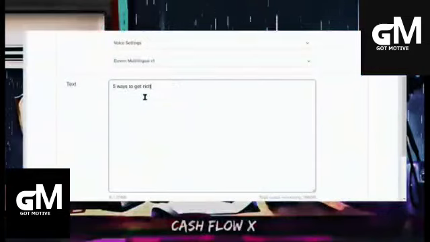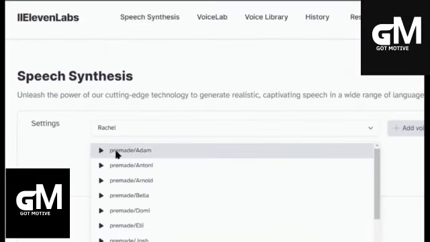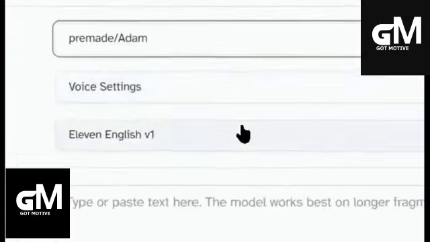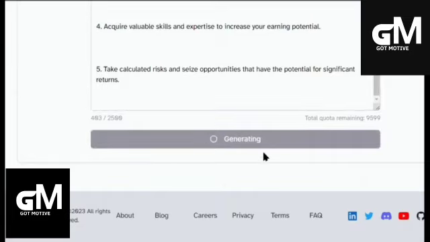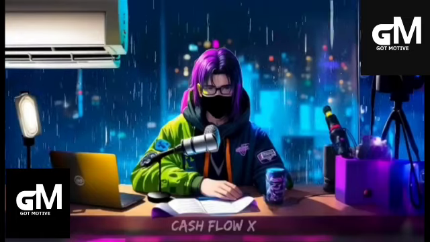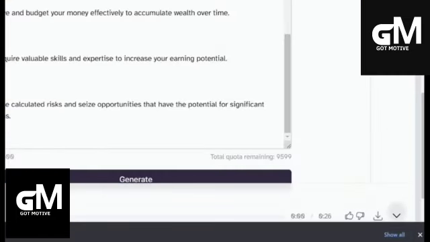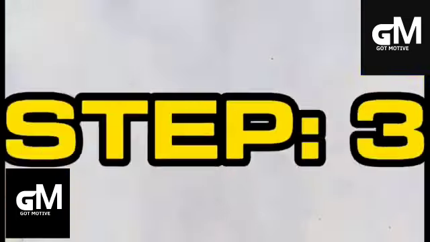So go to Elevenlabs again, paste the script and select the perfect voice you like. Basically I prefer Adam, and hit generate. It will take some time to generate, and also in Elevenlabs place full stops and commas at correct places. After generation, download it. Now you have your avatar and voice at your hands, so the third step will be